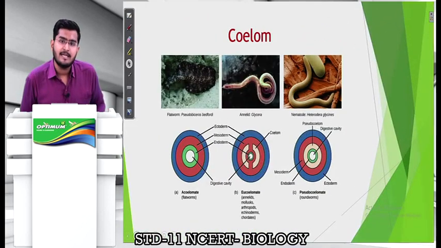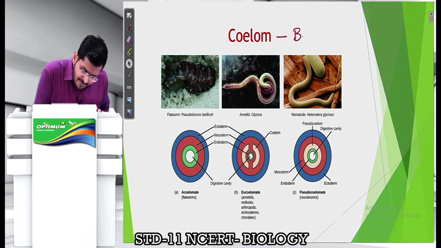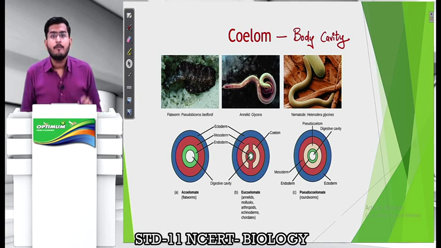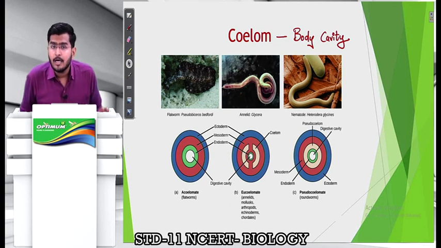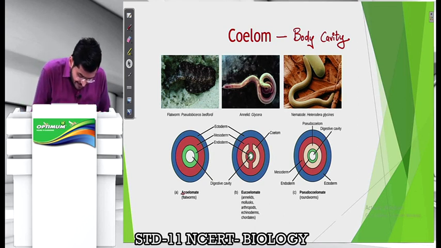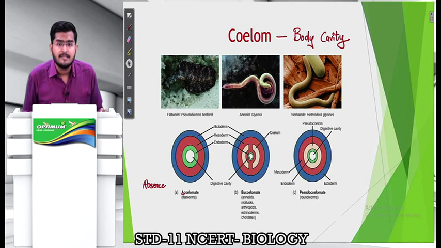Okay, so moving ahead, we are now going to discuss the next criteria for classification, and the next criteria is what we call coelom. Now what is coelom, students? Coelom is nothing but body cavity. Now let me tell you, all organisms may not have a true body cavity. There are some organisms which lack a body cavity completely. They do not have a coelom. Such organisms are called acoelomate, because the letter A here stands for absence. So they do not have a body cavity, because of which you call them acoelomate.